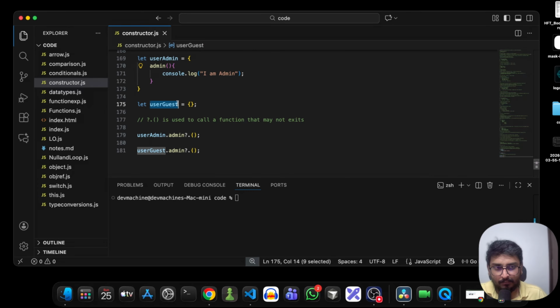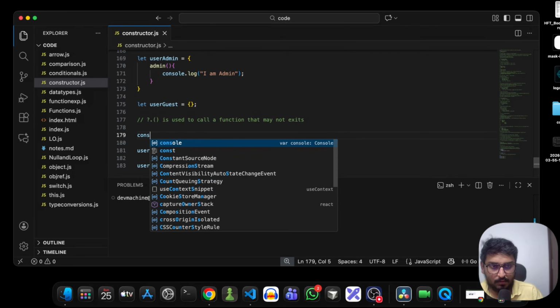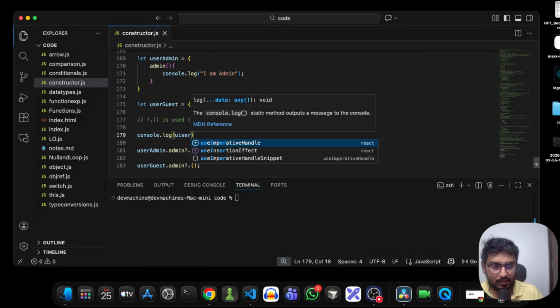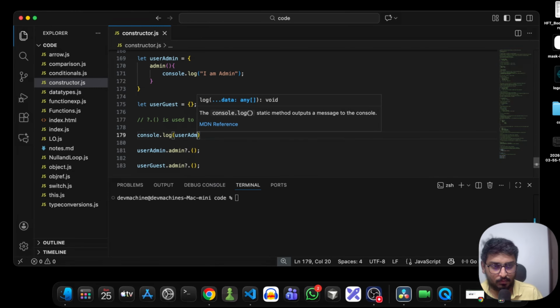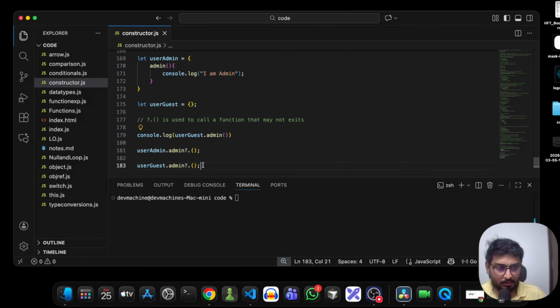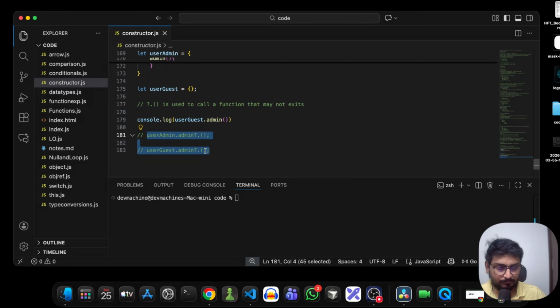In the second, we have an empty object. If I call userGuest.admin() directly and run the code,